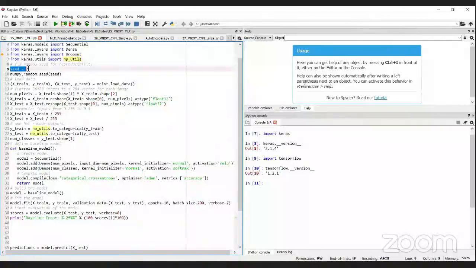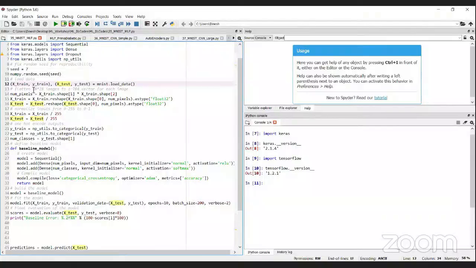Next, I'm trying to randomize it. I'm initializing the random seed to some seed point, and I'm loading the data. MNIST.load_data will load the data into a training set as well as a testing set. This standard MNIST data set has two sets of folders, one for the training data and another for the testing data. Training data is what we use for training the model. Once the model is trained, we evaluate the performance on the test data.